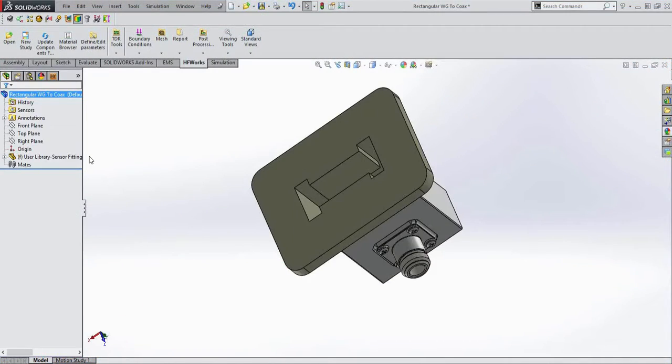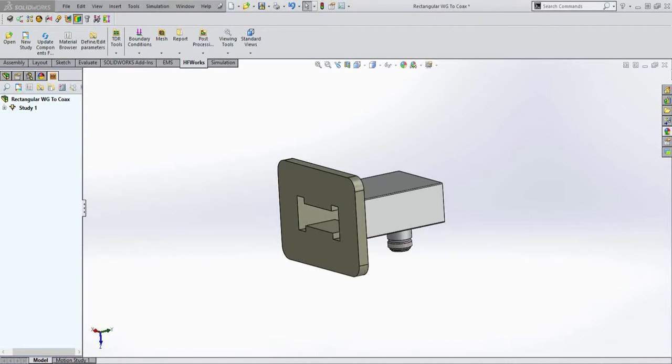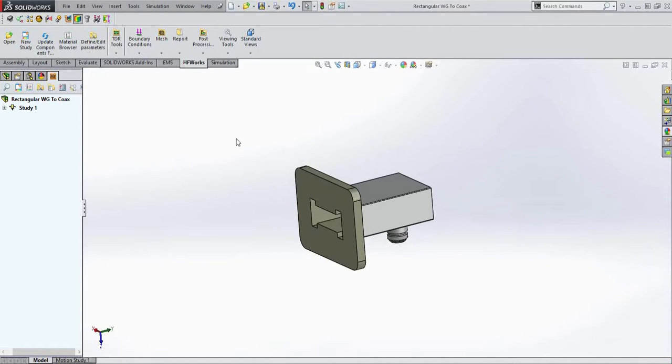All right, so I hope everybody can see the screen. Before we get started, I want to go over very quickly what HFWorks integration inside SolidWorks means,